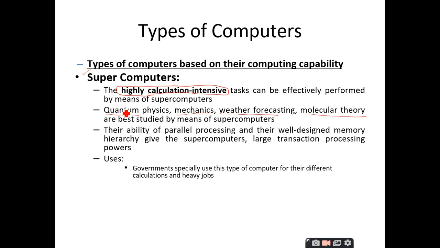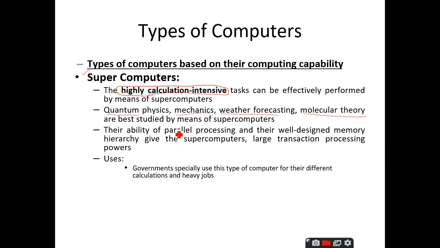The main advantage of these supercomputers is that they complete the tasks within less time. If it is a simple task, there is nothing to do with the supercomputers, but they are only utilized when you have these calculation intensive tasks. They will do it within a fraction of a second. This is possible because of the ability of these computers. They have high memory storage and high processing capabilities. They have processors which work in a parallel processing technique.